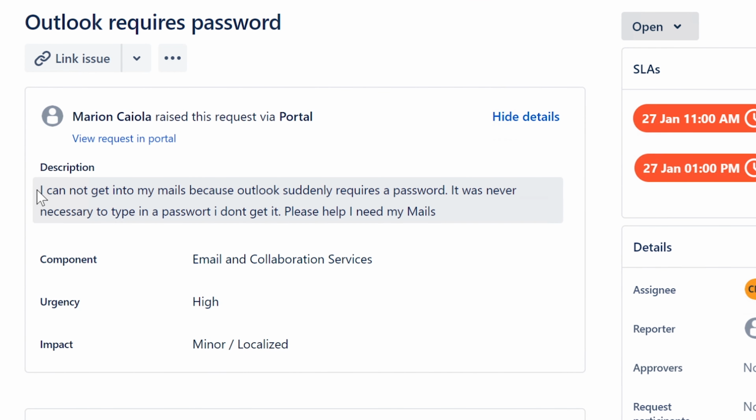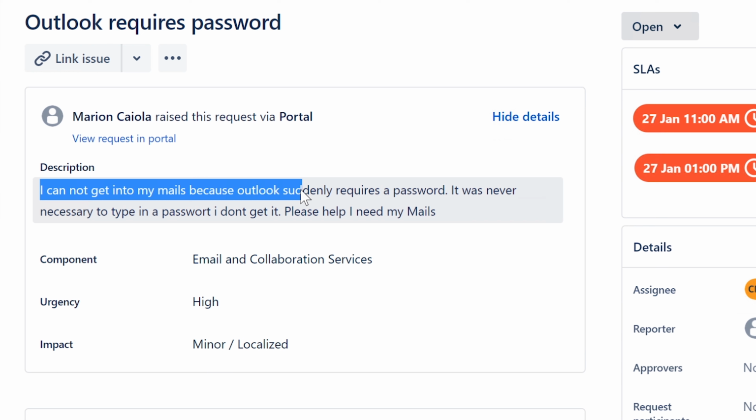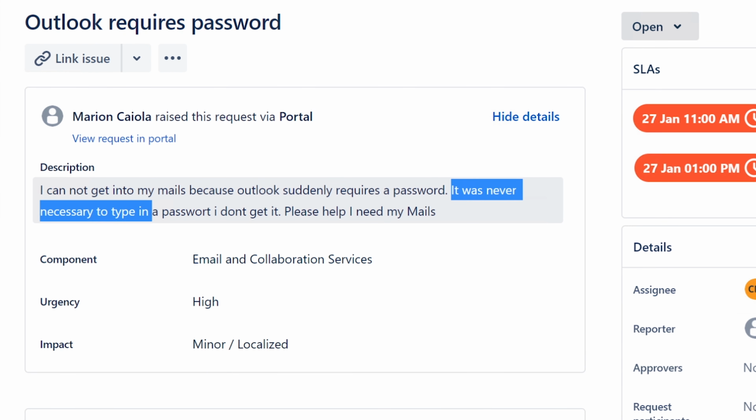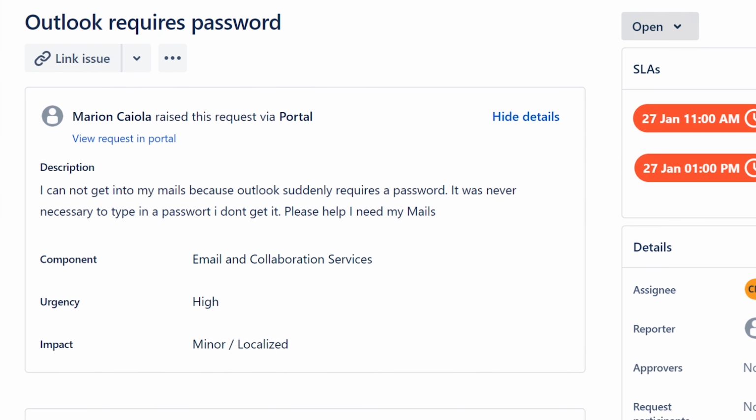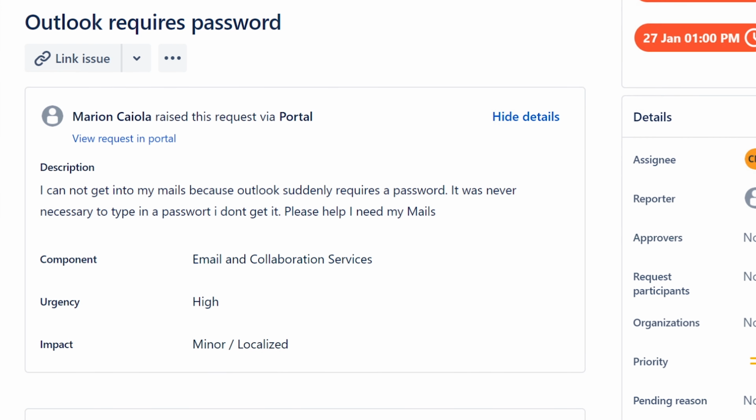Outlook requires password. I cannot log into my email, into my mails, because Outlook suddenly requires a password. It was never necessary to type in a password. I don't get it. Please help me. I need my mails. So that's a great ticket. You may get this